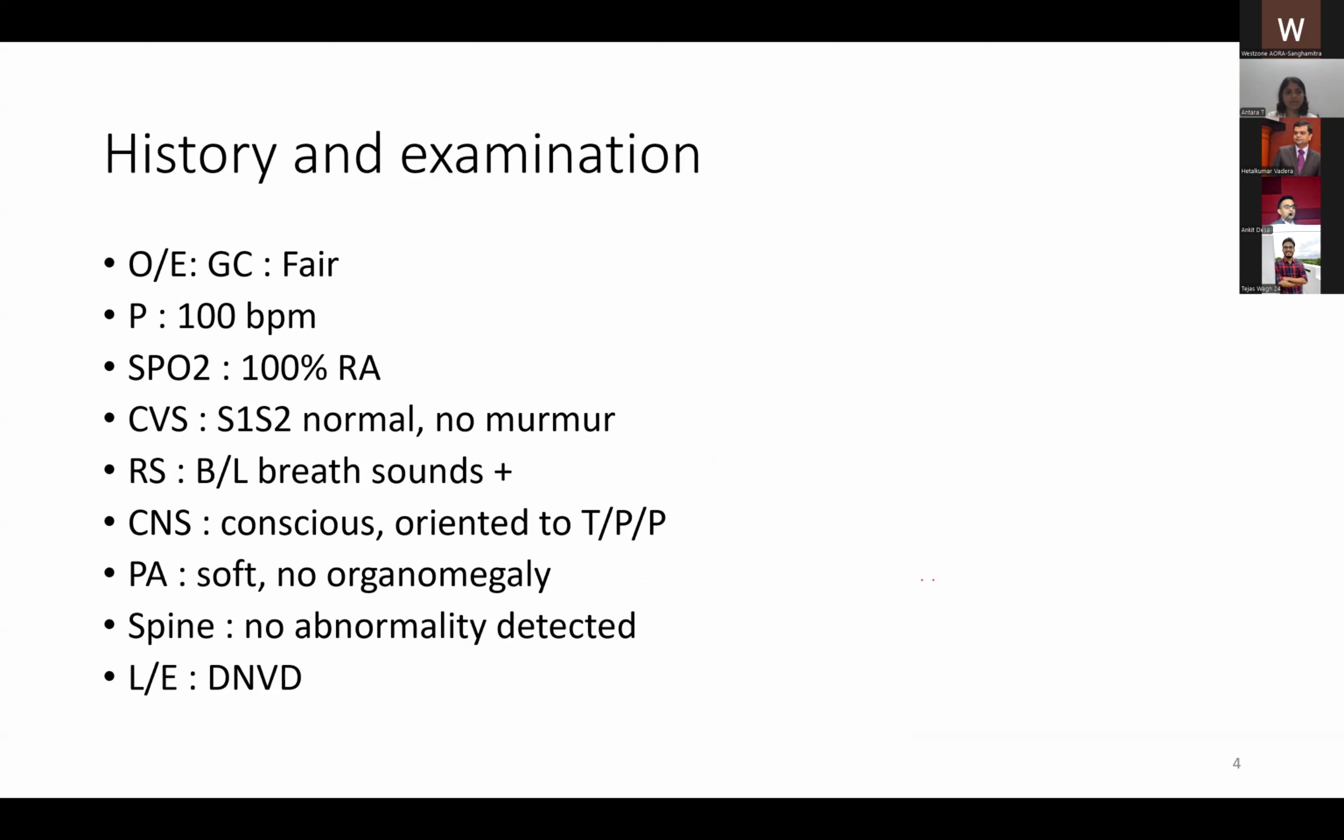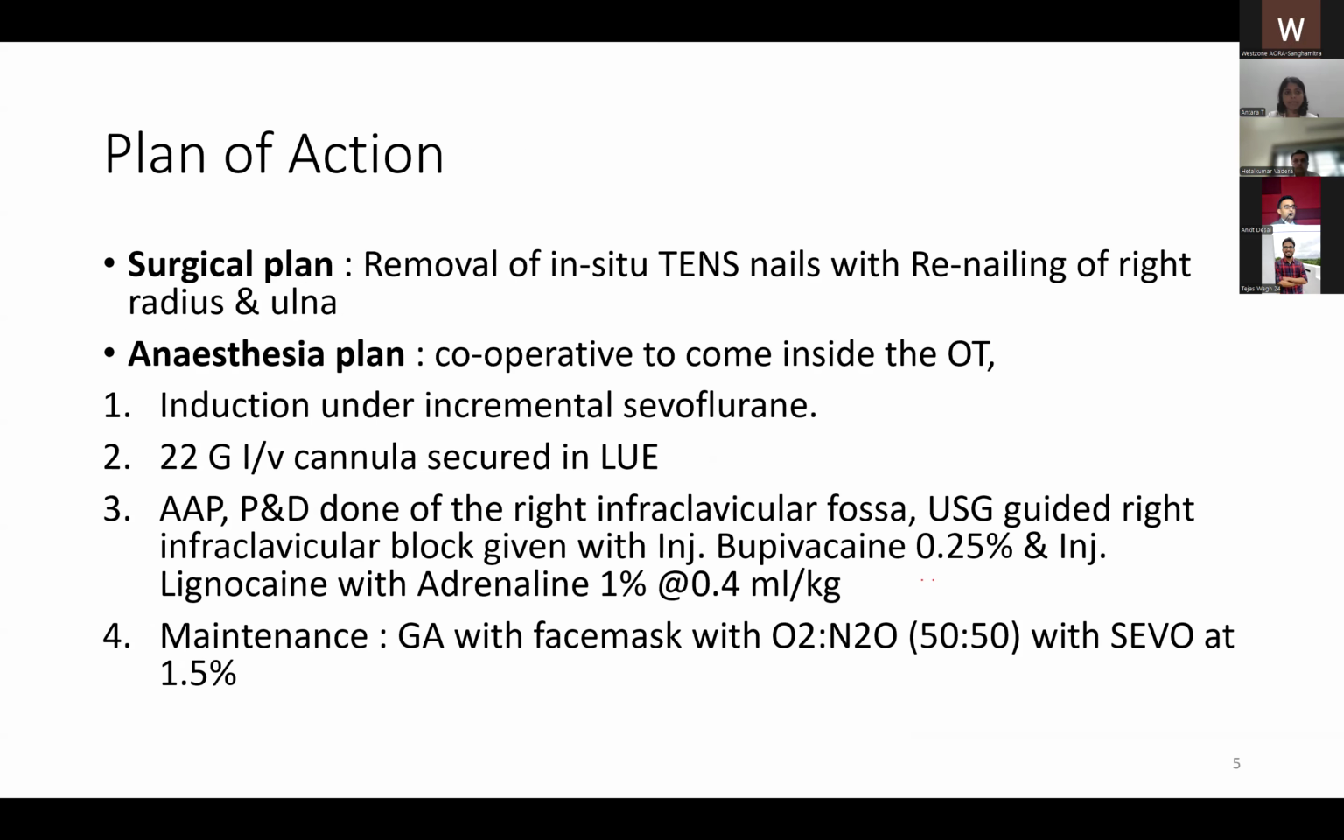On examination, the general condition was fair. The vitals were stable and within normal limits. All the systemic examination was within normal limits. In the spine, there was no abnormality detected, and on local examination, there was no distal neurovascular deficit. The plan of the surgical team was removal of in situ TENS nails with re-nailing of the same